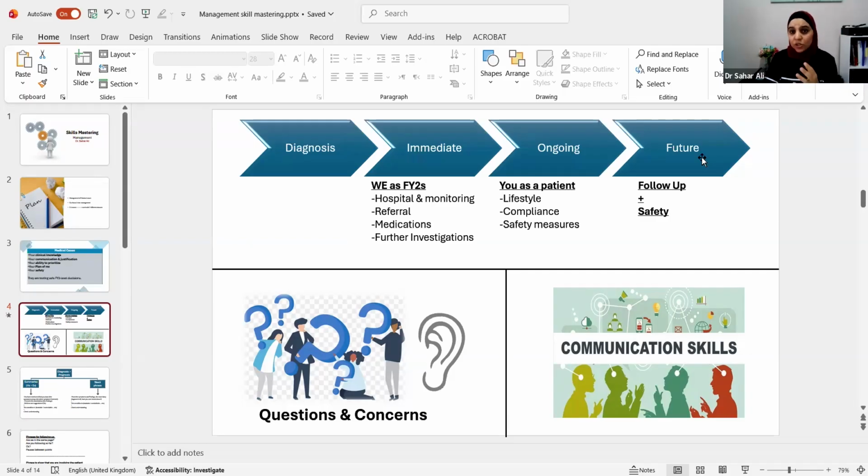It depends on the case and the condition. If the condition is acute, sudden, an emergency situation, maybe you don't need to think about the ongoing treatment now. You have to think about the immediate treatment, the immediate management now. Okay? By that I mean what we are going to do in terms of hospital treatment, referral, medications, whatever the management is. Alright? So this is the first part that you have to think of, organization of your thoughts. If you don't have this organization of your thoughts, you will not be able to give a professional management.